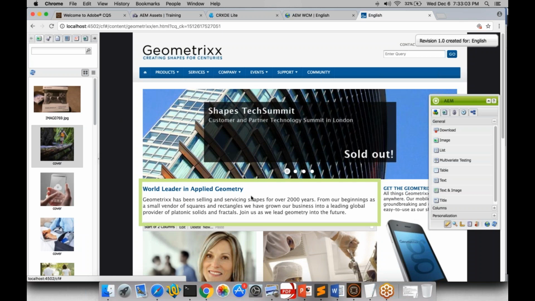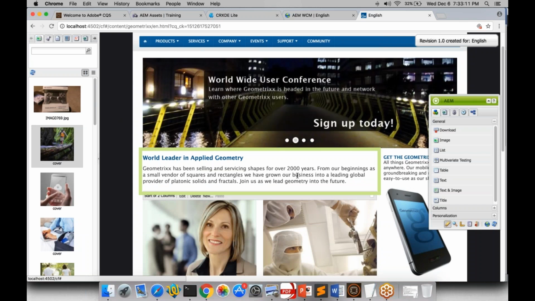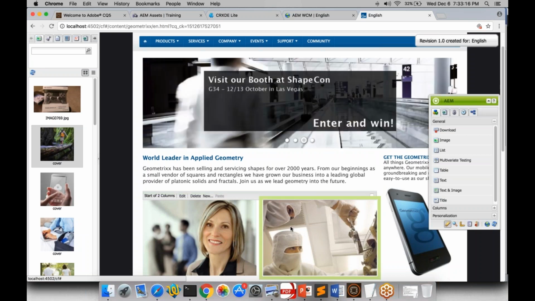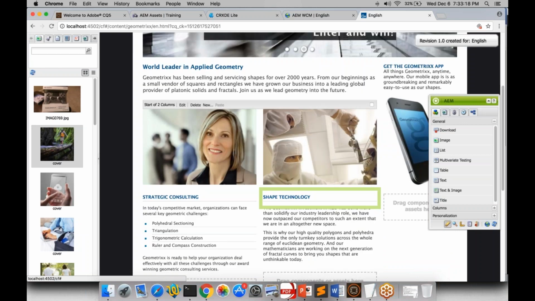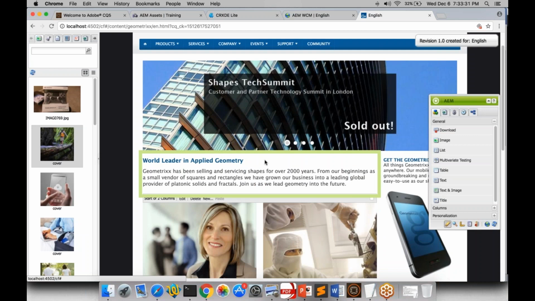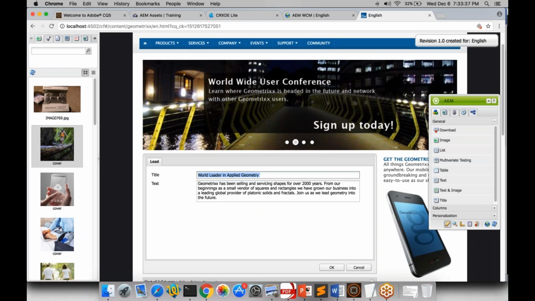So if I just hover on something, I'm not clicking or doing anything, I'm just pointing on this particular section of the screen. So automatically the boundary is appearing here. So similarly, if you see, it means that you can edit that particular section. So if I want to edit this particular section, I just hover on it and then I right click and then click on edit. So the moment I click on edit, the next screen which pops up here is called